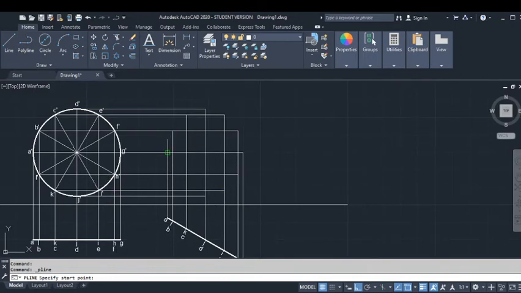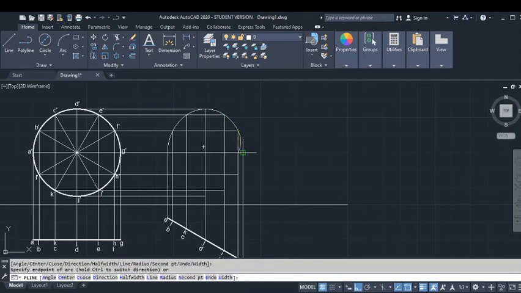From the polyline command, as soon as I enter this command, it is going to ask us to specify the first point. I'm going to specify the first point here. Next, I'm going to continue with the arc option. In the arc option, if I select any other location, I'm going to get an arc like this. Instead, I'm going to go with the second point option. So subsequently, I'm going to join all these points to get a